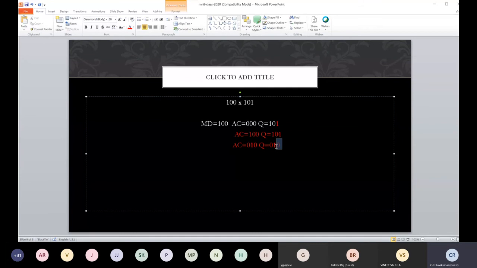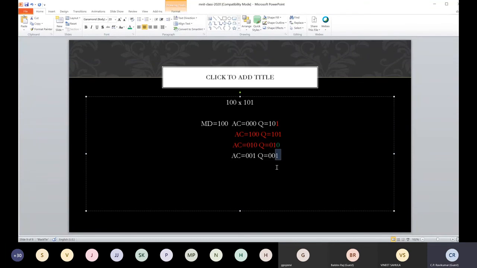Next I see a 0 here. Okay, this 0. So when I see a 0, all I do is a shift. So this time the accumulator becomes equal to 001, and Q becomes equal to 001. See, this 0 shifted here, this 1 shifted here, and an extra 0 was shifted in. And this 0 shifted here, and this 01 shifted here, and this 0 got discarded.